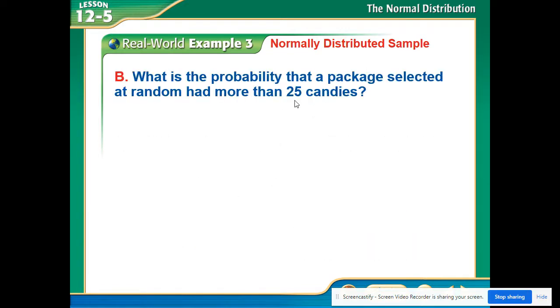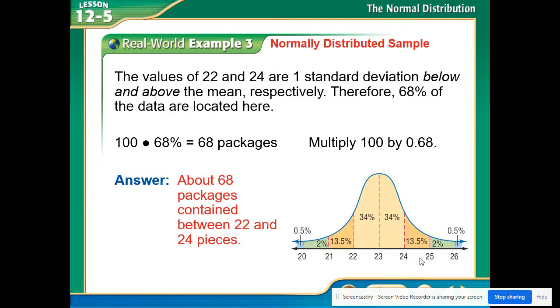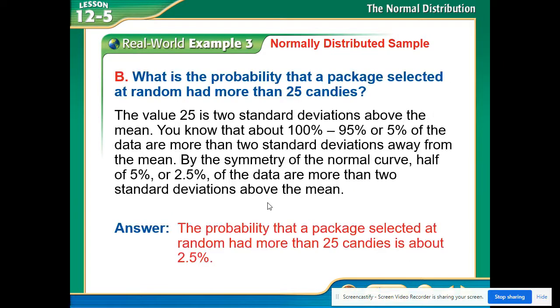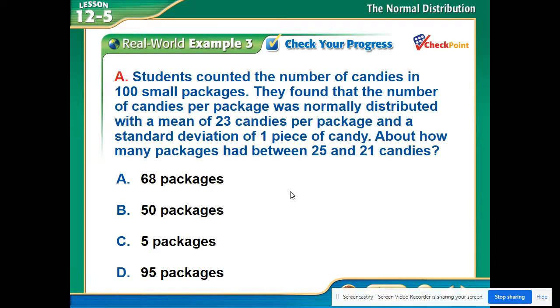How about those that had more than 25 candies? So if we go back to our graph here, where's 25? Here's 25. And what would have more than 25? Well, there's 2% here and a 0.5%, so 2.5%. Again, we have 100, so 2.5%